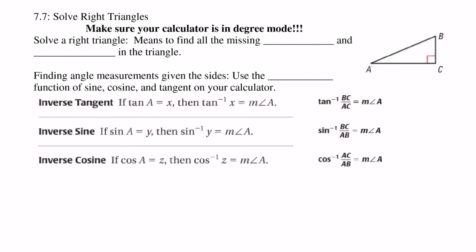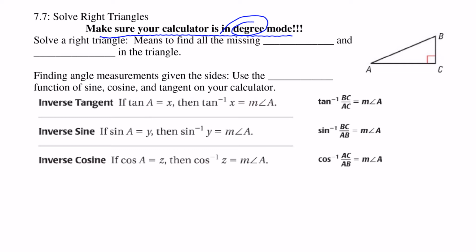In this video, we're going to talk about solving right triangles. So that means that first you have to make sure your calculator is in degree mode. That's when you go to second mode, or it's right next to the second button. It's the mode button. Make sure that the degree word is highlighted, and that makes sure that all your answers